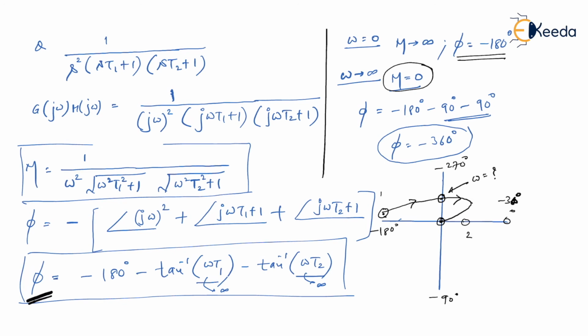Take this phase as an expression. You can club these two, tan inverse of minus a, tan inverse of minus b, together. Try to get the value of omega. Obviously you will not get some numerical value, but you will get your omega in terms of t1 t2. So what you can do is write it this way: intersection point minus 180 degree. So you'll have to take care of this.